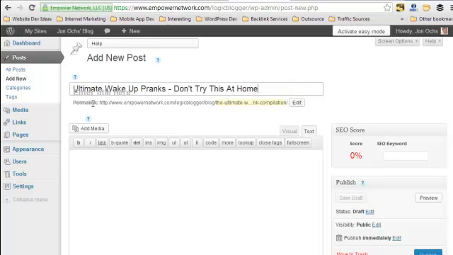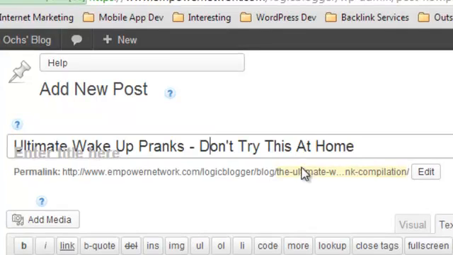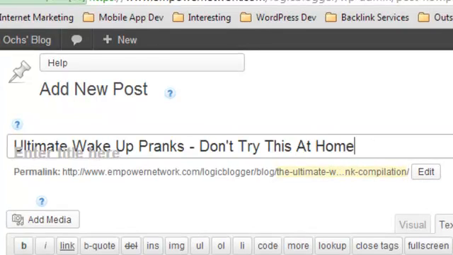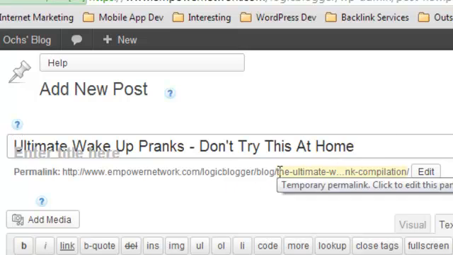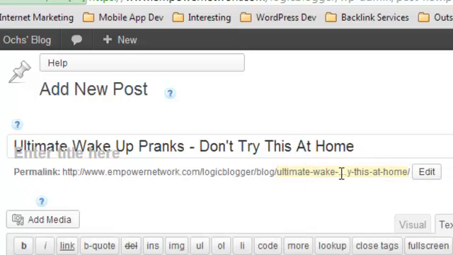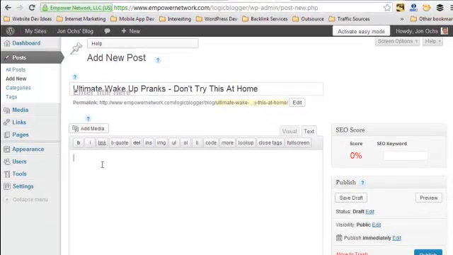The other thing you want to be aware of is that the permalink line right down here is going to auto-fill. So if you paste something in and then you change it, it's not going to dynamically update that. Just something that's good to know. If you make an edit to your title and you want the actual page URL title to be the same, click this edit button, delete that, and then click OK. It will make that the exact same text that is in the title box here.